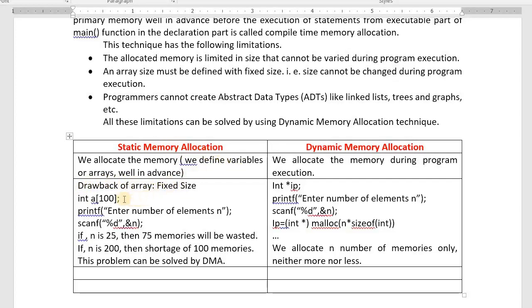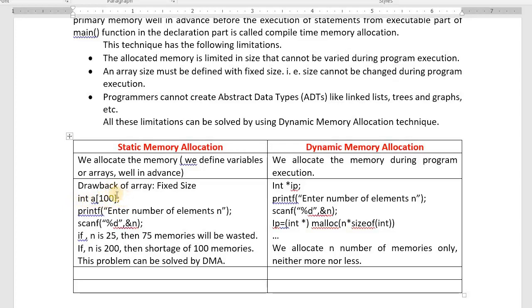See the example. What are the drawbacks of arrays? All the values are of similar type. That is one drawback, though that itself is also an advantage. One more drawback with arrays is the fixed size. You cannot define an array without a size. You have to mention the size compulsorily. That's why we usually go for a maximum size, usually int a of 100 or sometimes int a of 200.